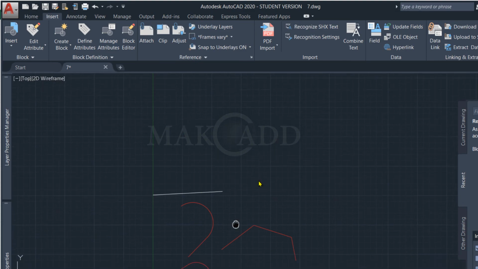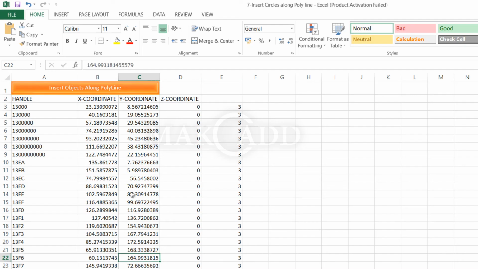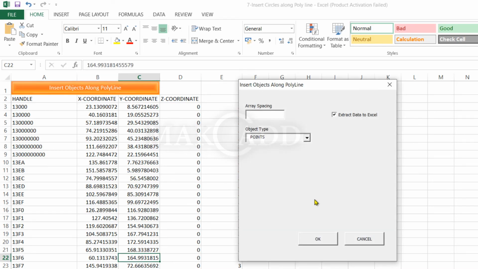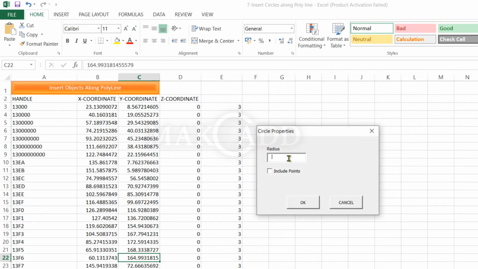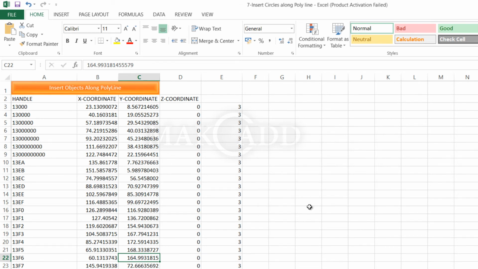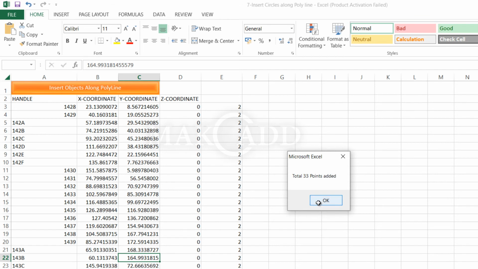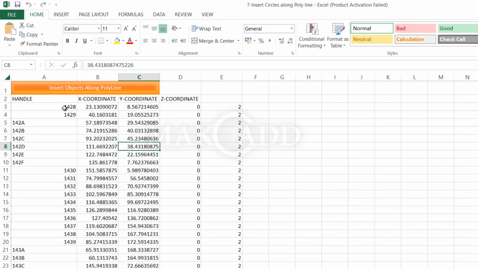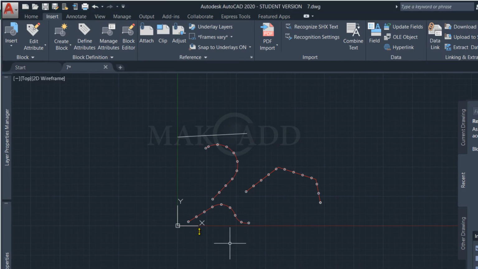Just try once again. 20 circles. Okay. Radius 2. Include points. Here. Handle is 1428. So let us check the first object we inserted.